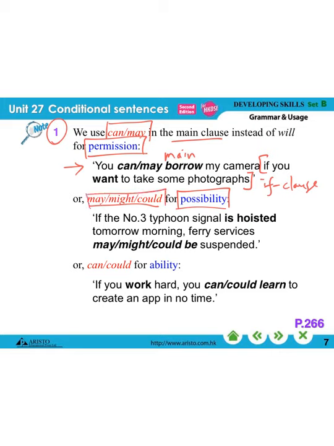If the number 3 typhoon signal is hoisted tomorrow morning, so this time we are using passive voice, ferry services... Okay, so of course it's okay if you use "will be suspended." But we are trying to use some other cases. If we are talking about possibility, we can also use "may be suspended," "might be suspended," "could be